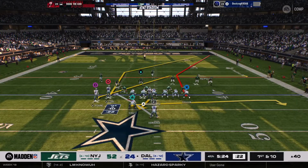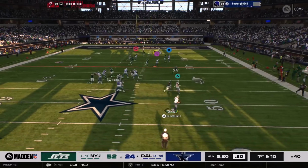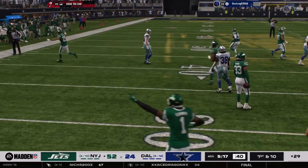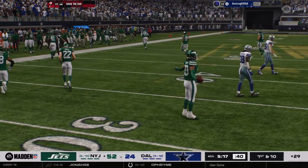Viking 18. Ready. Play fake, it's Richardson. And oh, someone stepped in. It's intercepted. Jonte Barron has it. Kate, I think